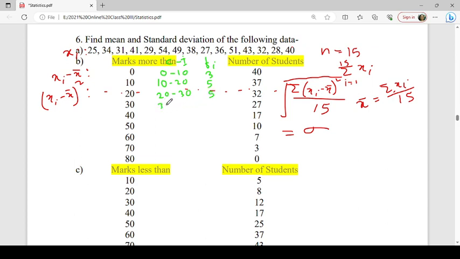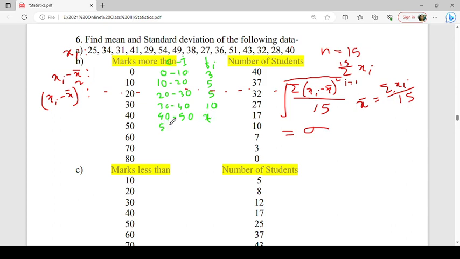Between 30 and 40 you will have 27 minus 17, it is 10. Then 40 to 50: more than 40, less than 50, it is 17 minus 7, 10,